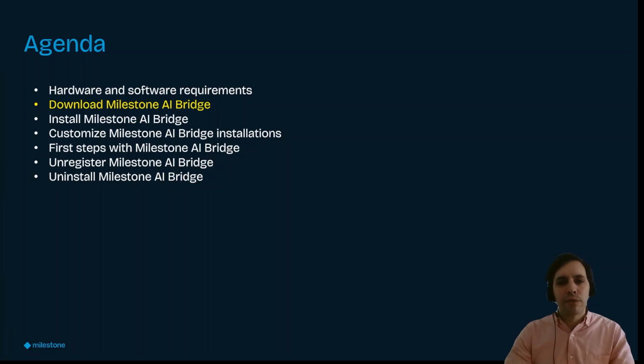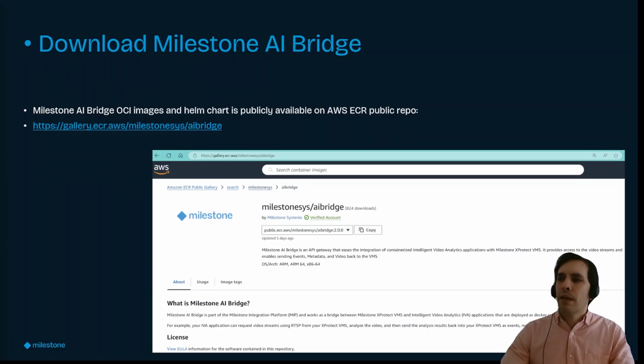Let's review now how to download Milestone AI Bridge. As has been mentioned before, Milestone AI Bridge comes as a set of OCI images and also as a Helm chart package for easy installs on Kubernetes setups. All of these artifacts are publicly available on the AWS ECR public repository. So when you access this URL,